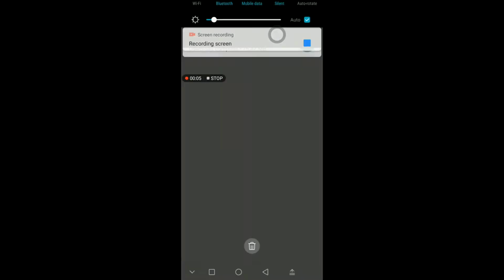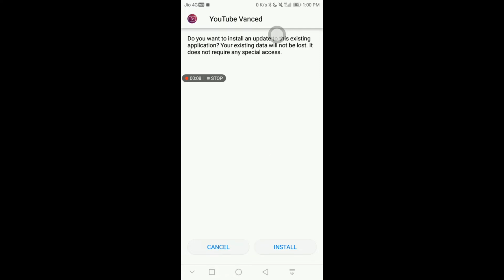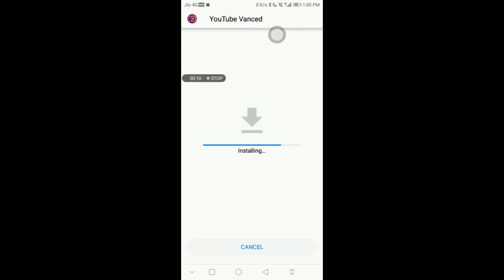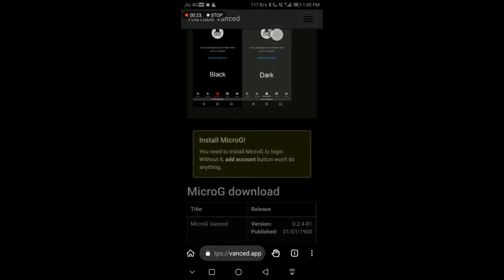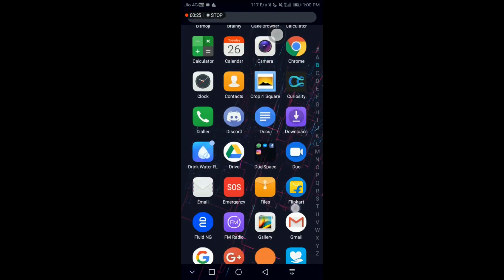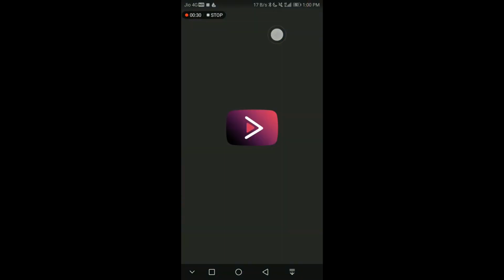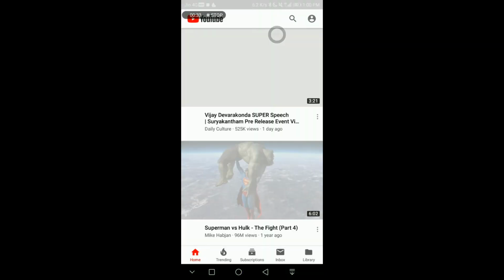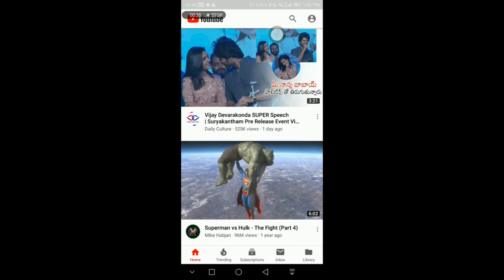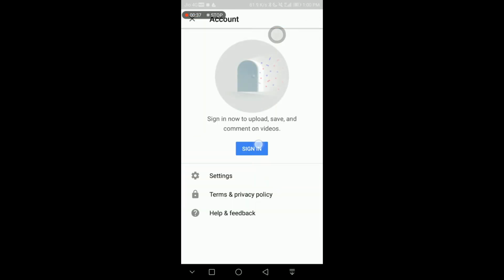After you have downloaded that, just install it, and if you get an install blockage, just go to your settings and allow the Kiwi browser, or whichever browser you are using, to enable the installation. Now try again to install, and now I've installed it properly. Here you can see the option YouTube Vanced. It works just like YouTube with a different logo, I must tell. Just click on the sign in option, add account,